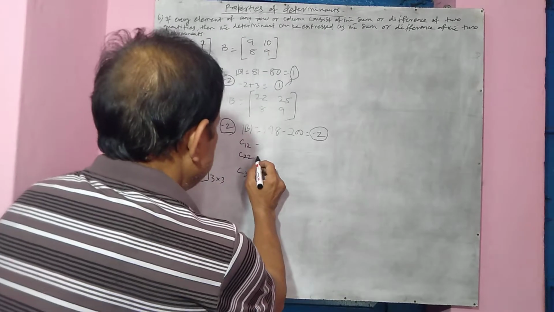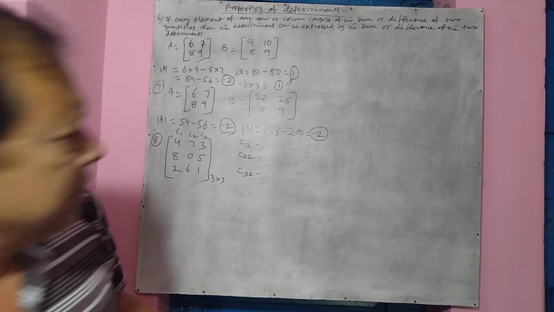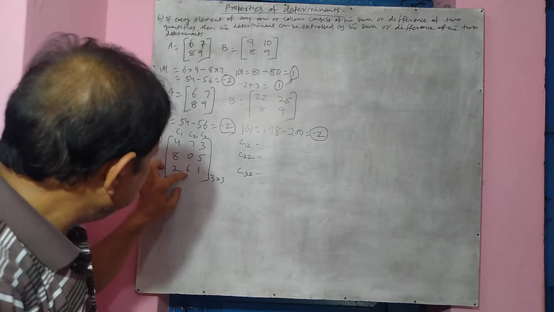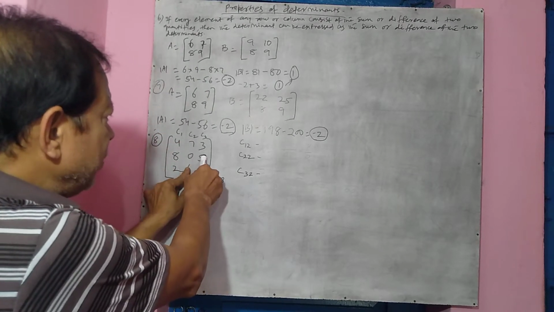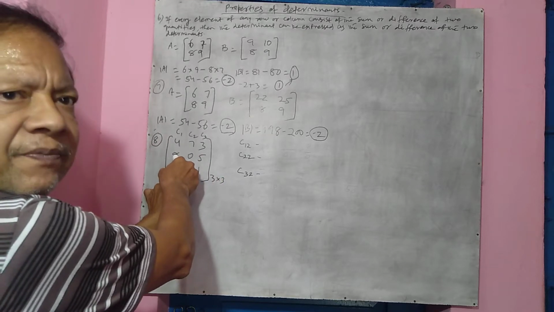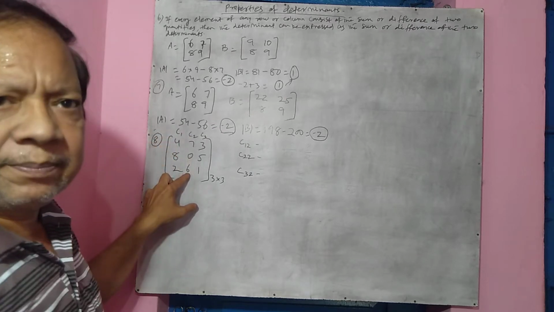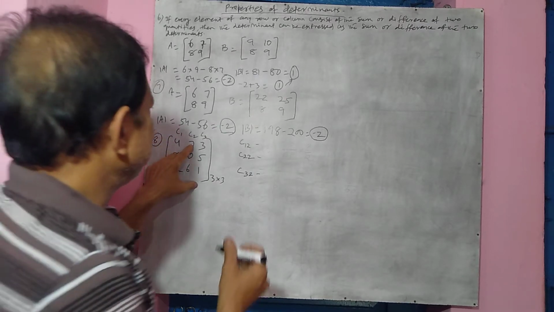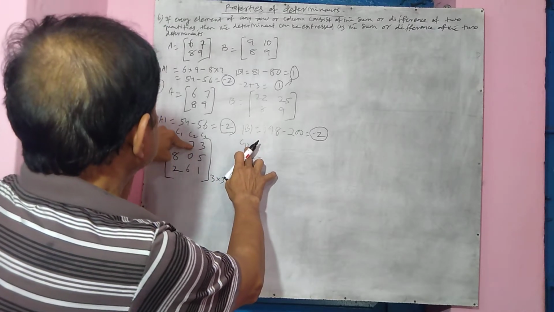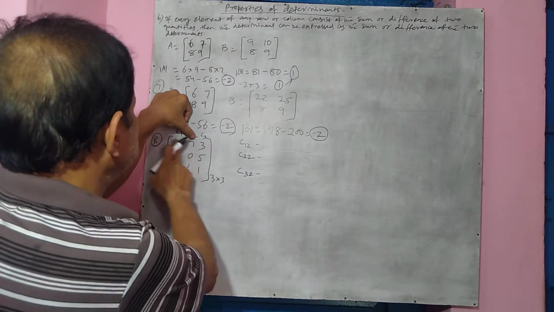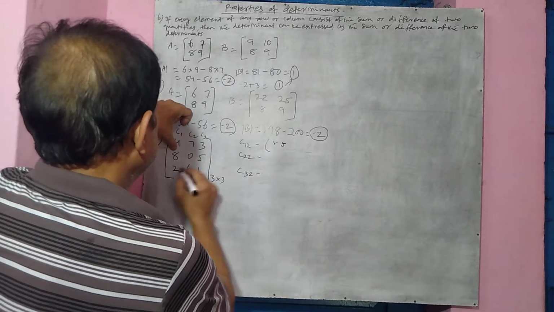Now let's find out the cofactors of these three. Let's take the second column, why am I taking the second column? Because I can multiply it with the third, I can also multiply with the first. Okay, so let's find out the cofactors of the second column. What will be the cofactor of this C1 2? You see, leave this column, leave this row, whatever is left. Now left is 8 5 2 1.